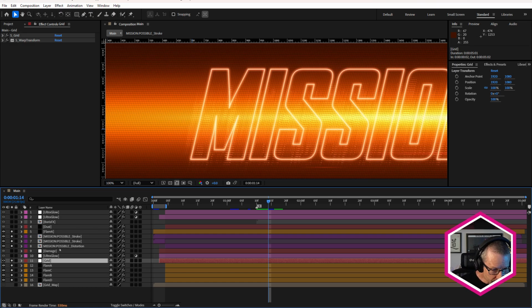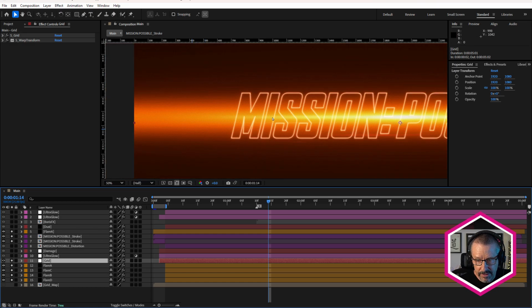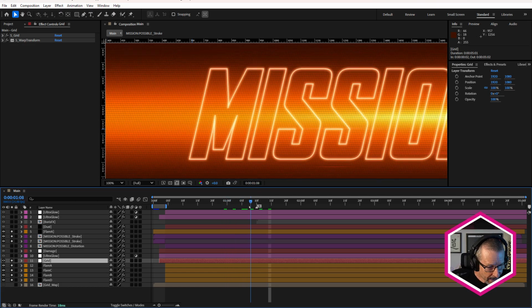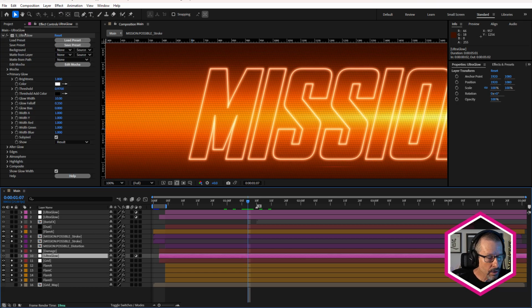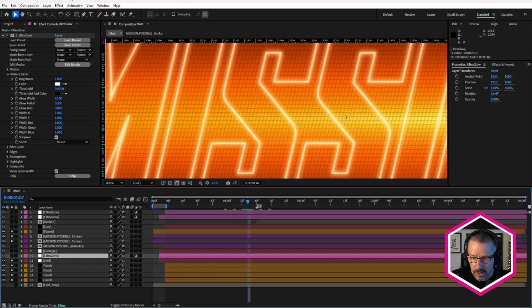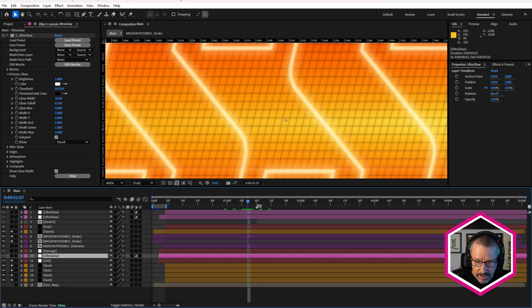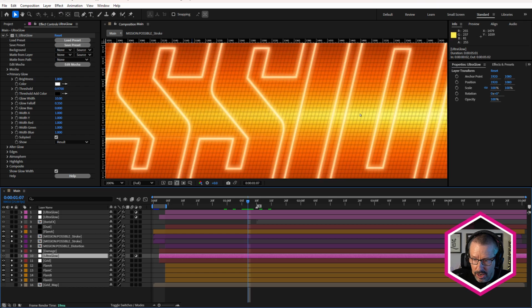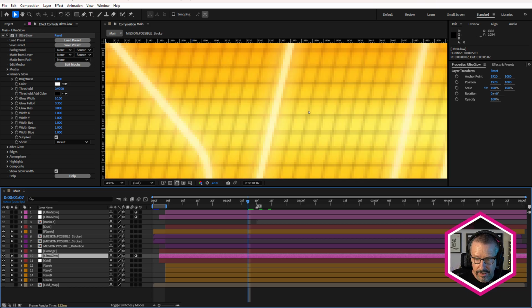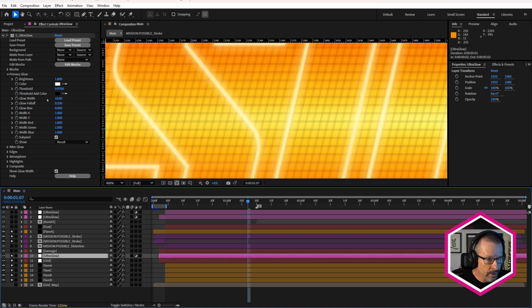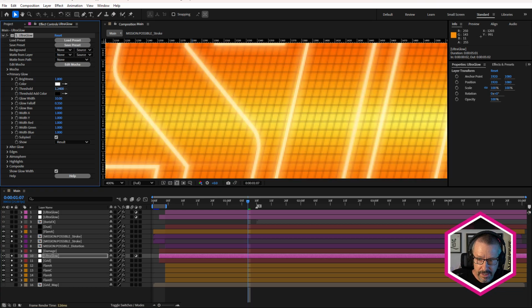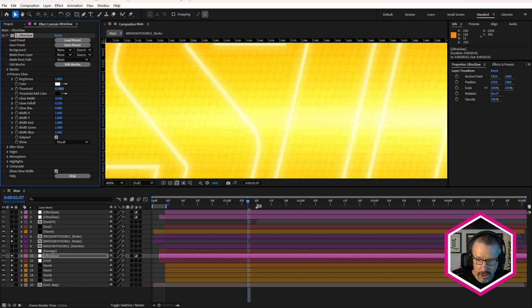Right now, I've already turned on this distortion layer. That's what we have so far. But let's look at, first of all, Ultra Glow. So this is Ultra Glow on an adjustment layer. And one thing I was noticing, notice how you can see the grid quite clearly over these hotspots, and we're losing a little bit of this brightness in here. So by adding Ultra Glow above the grid, and adjusting the threshold and also the glow width, if I just decrease the threshold, you can see that really gets blown out like that.